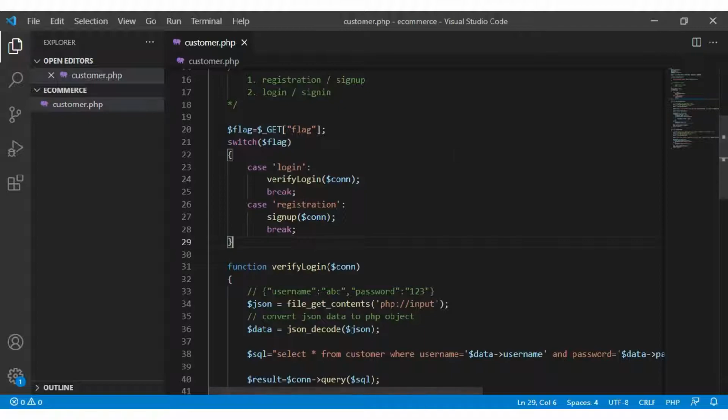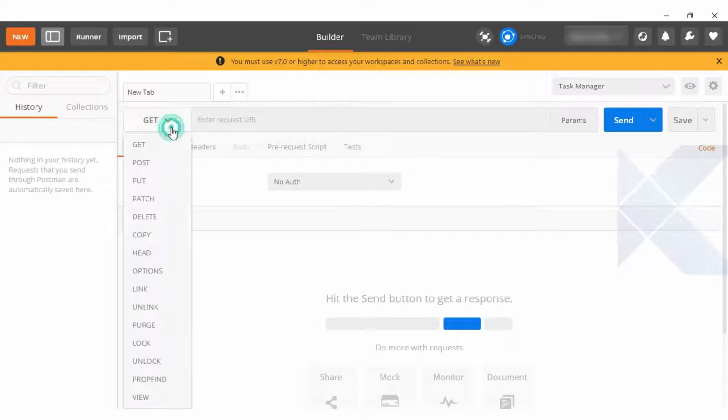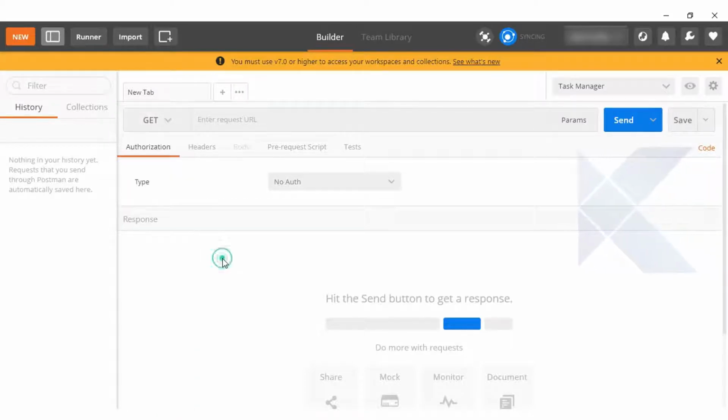Here you can see I already have Postman on my system. You can also download Postman from the internet, from Google. You can easily search for Postman, and you can also find the Chrome extension for it. Here I am going to test my API. In Postman you get a request section where you can choose GET, POST, and many other types of methods to call your API.